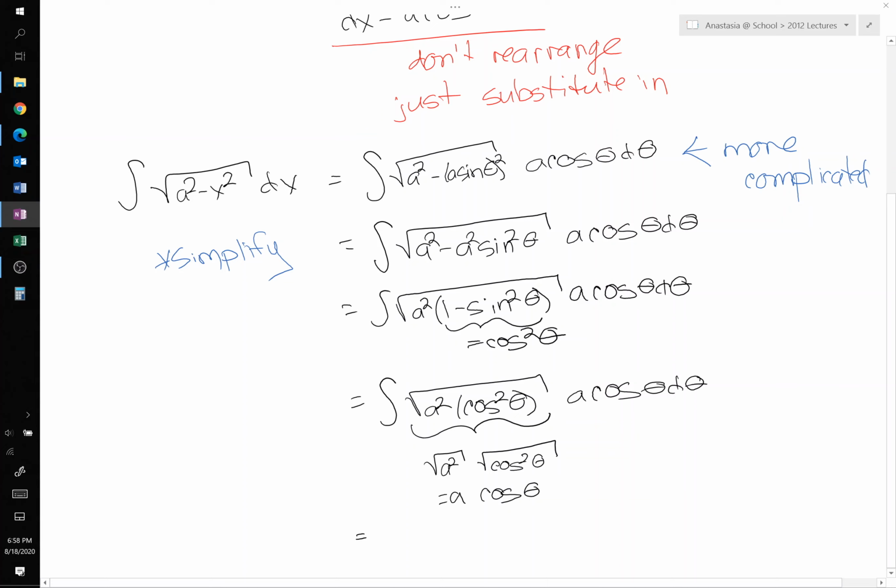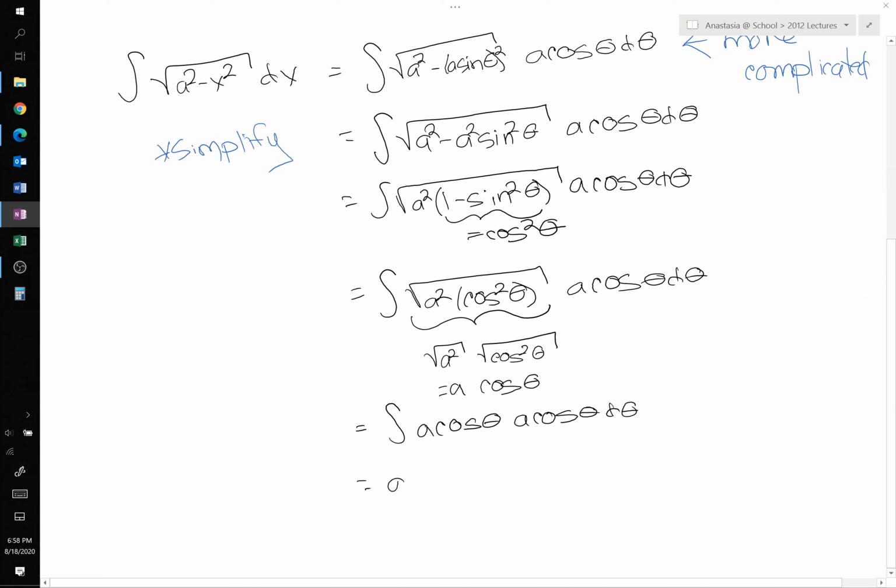So we end up with the integral of a cosine theta times a cosine theta d theta. Our a's are constants. We can pull that out, so we get a squared times the integral of cosine squared theta d theta, and this is something that we can integrate